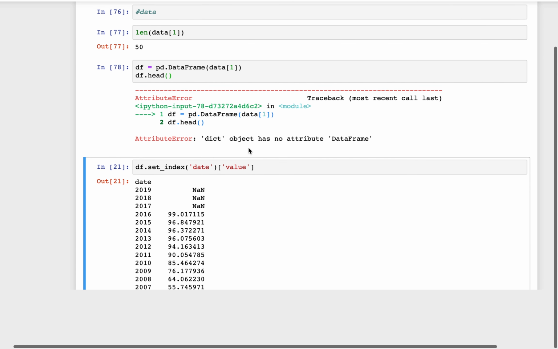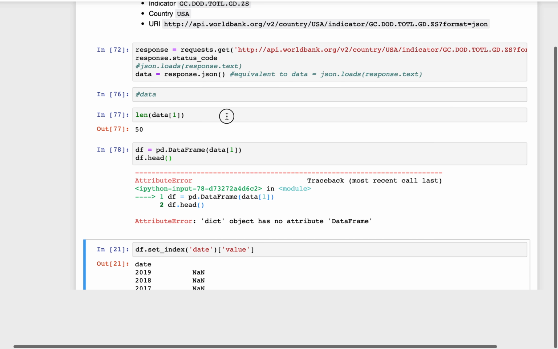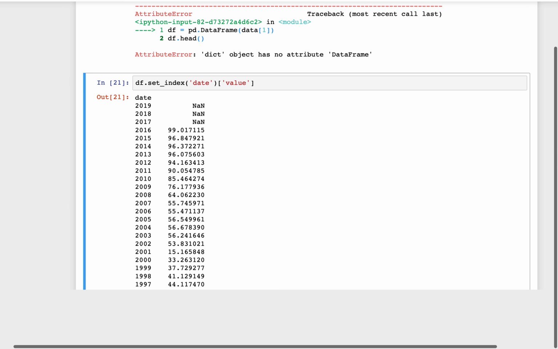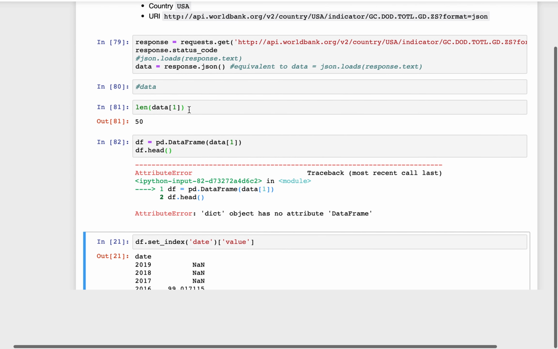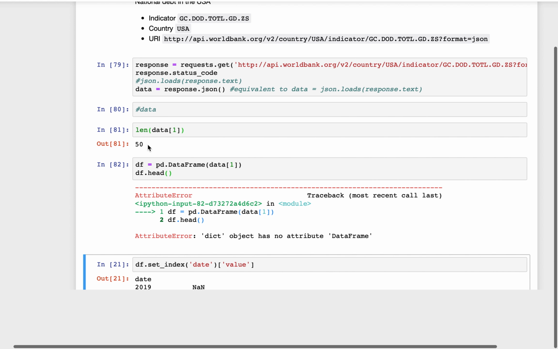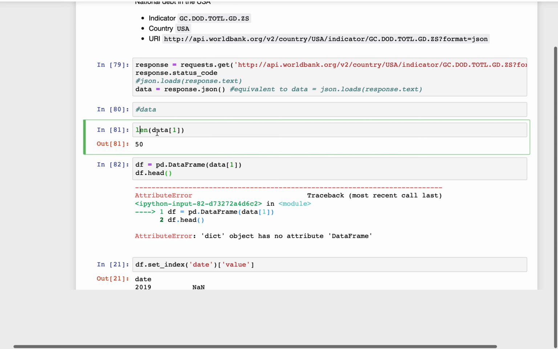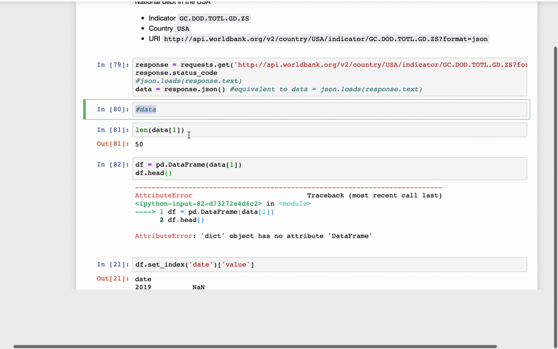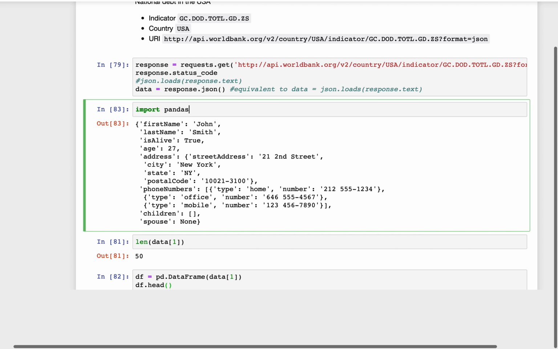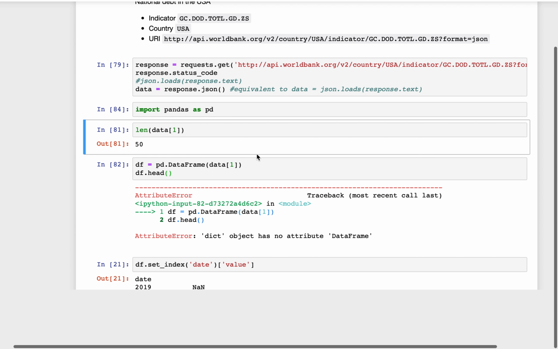So what you can see here, let's read data again. pd.DataFrame. We have to import pandas. Remember that pd was the person dictionary, so that overrode the previous import statement. Okay,